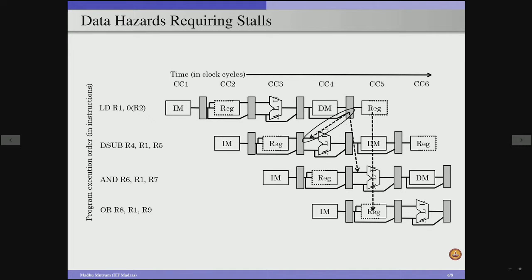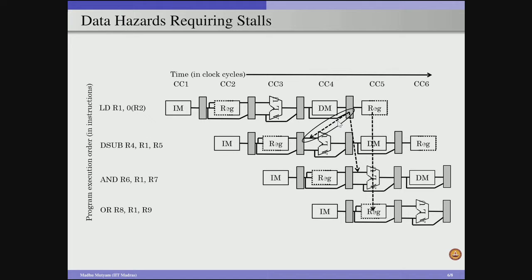So effectively, we incur one cycle penalty because the subtract operation cannot proceed unless the value is read from the memory for the previous load instruction. As a result, this stall cannot be eliminated in our pipelining design, even when we use operand forwarding, because we cannot exploit operand forwarding in this particular example, especially for